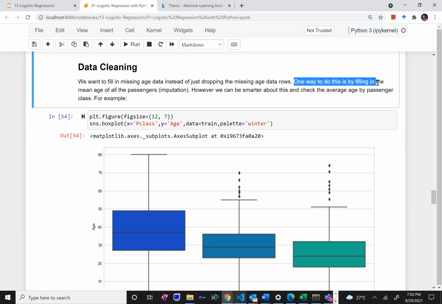One way to do it is by filling in the mean age of all the passengers. Wherever I do not find the age, I will just replace it with the mean or average age of all the passengers. This way, filling in those missing values will not affect my analysis. Another way is that wherever I do not find an age, I make it zero. That would actually affect my model's performance, right? Or if I put 1000 wherever I do not find the age,